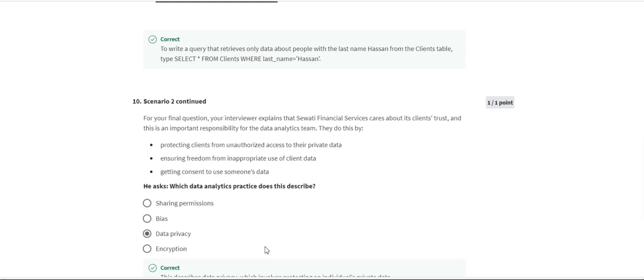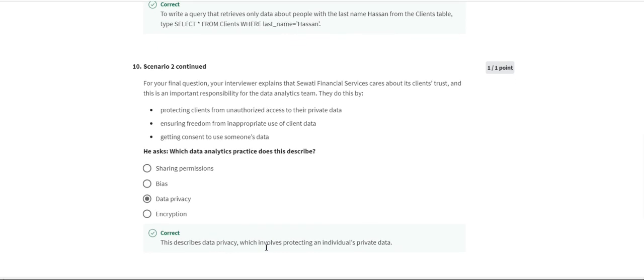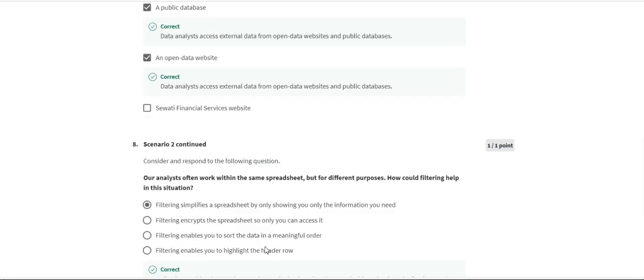For your final question, your interviewer explains that Swati Financial Services cares about its clients' trust, and this is an important responsibility for the data. Protecting clients from unauthorized access to their private data, ensuring freedom from inappropriate use of client data, and getting consent to use someone's data. He asks which data analytics practice describes this. Data privacy is the correct answer, since we are talking about authentication, authorization, and privacy of the data. Data privacy is the correct answer, and these are the answers for the course challenge of